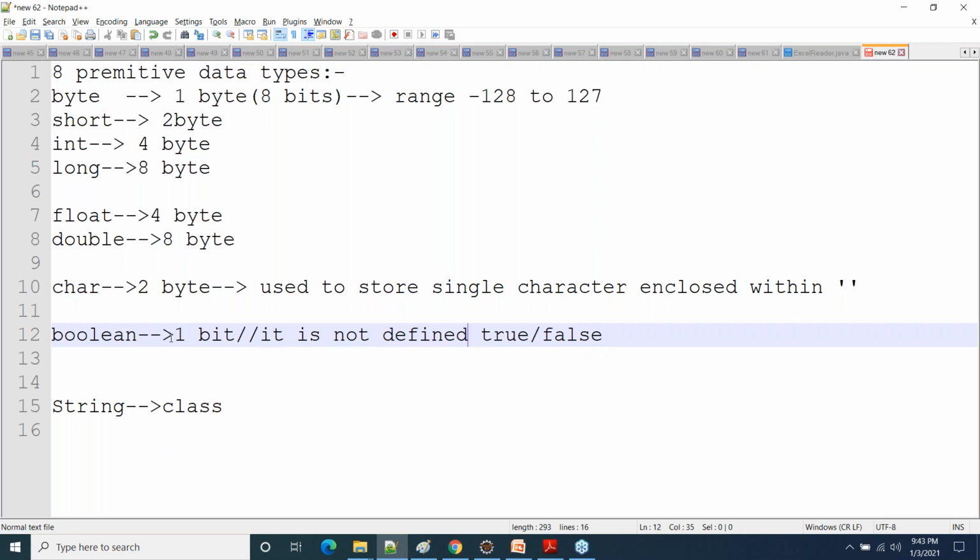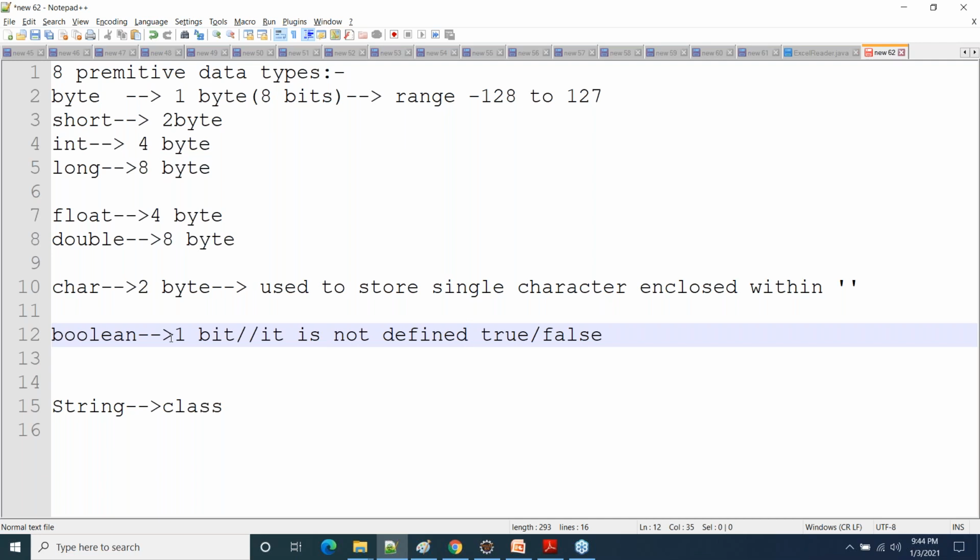So I cannot say how much memory will be allocated to a Boolean variable, but from the books I have gone through, it is not defined. It will be defined by the particular JVM at runtime. A few good Java developers, trainers or books say 1 bit of memory for a Boolean variable, but that is not actually defined. Okay, but again it is a controversial, debatable topic.